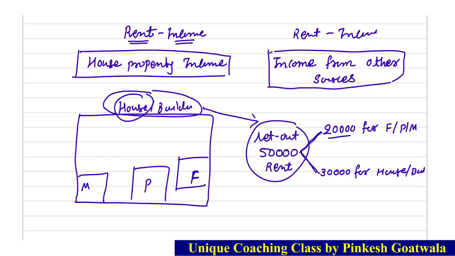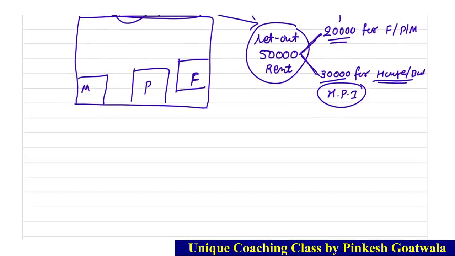So this income comes under which head? This head, income from other sources, and the 30,000 will go in house property income. Clear? Okay, because the rule is that if you give a building or house on rent, it comes under house property income, but if we give furniture, plant, machinery on rent, it comes under income from other sources. So here it can be separated because it was decided this way. When it was given on rent, in the terms and conditions it was decided 20,000 for furniture, plant, machine and 30,000 for house property. Okay, now the third situation,